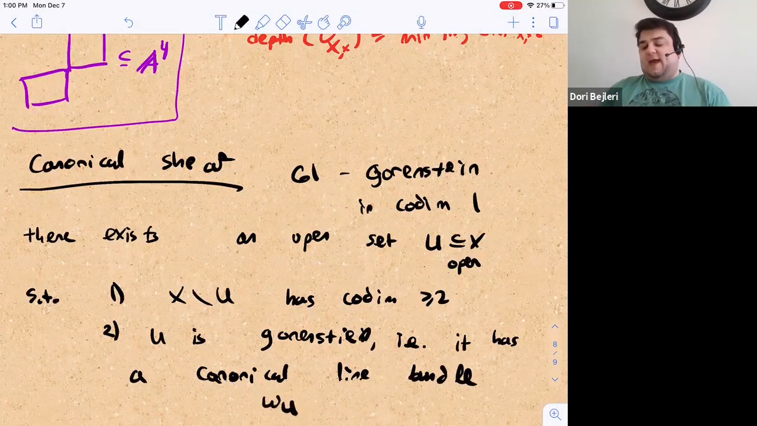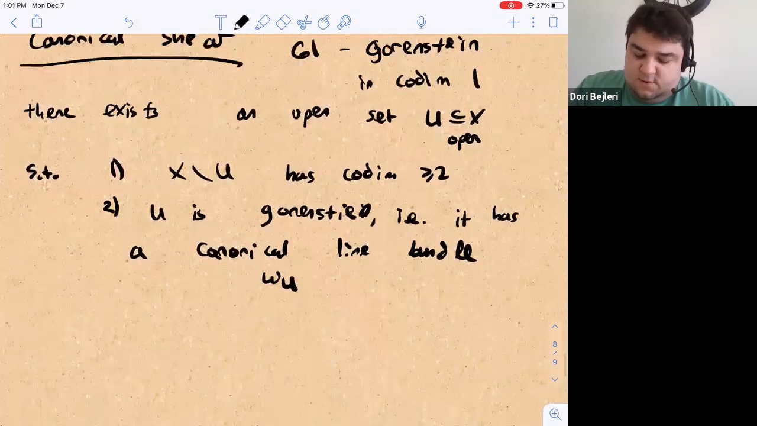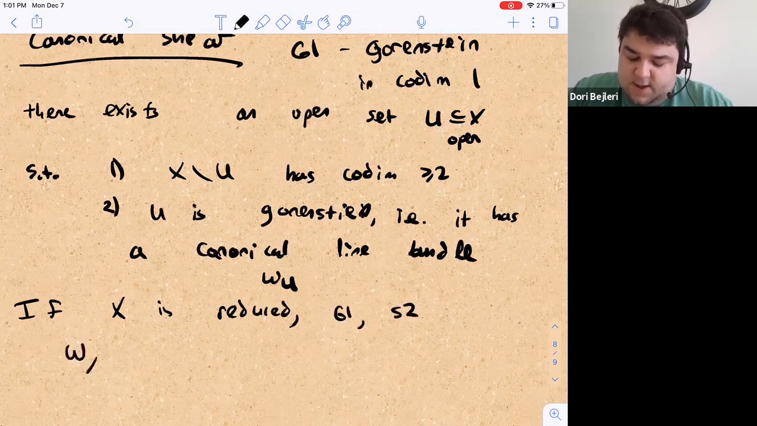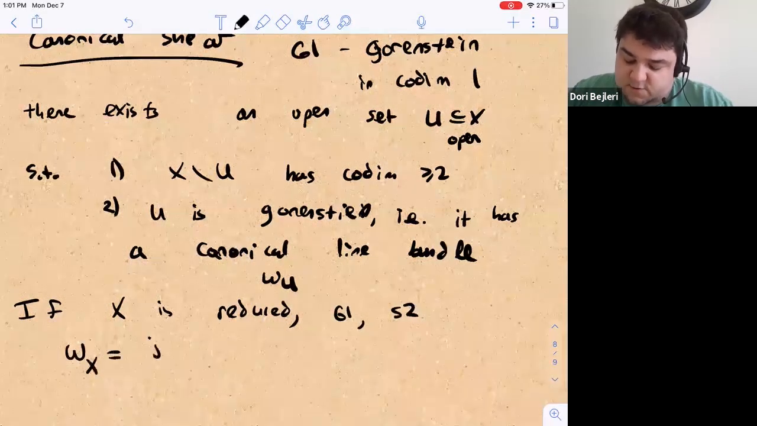Okay, and again, this was something that is always true for normal varieties, and this was what we did to define the canonical sheaf on a normal variety. We said take the smooth locus, it has a canonical sheaf, push it forward. And so the upshot is if X is reduced, G1 and S2, we can define omega X to be the push forward of this inclusion from such an open